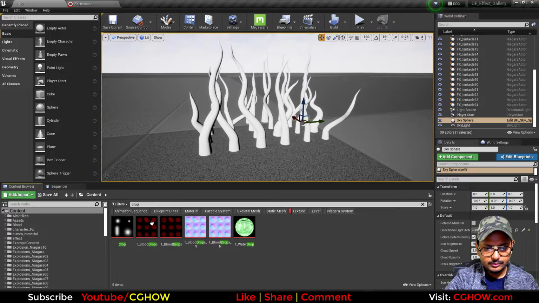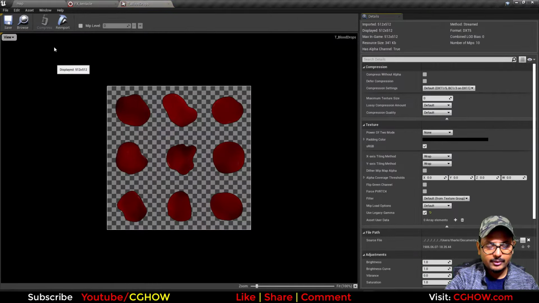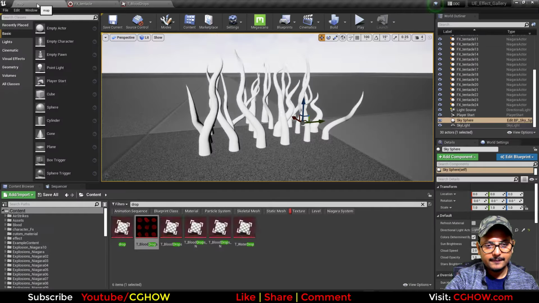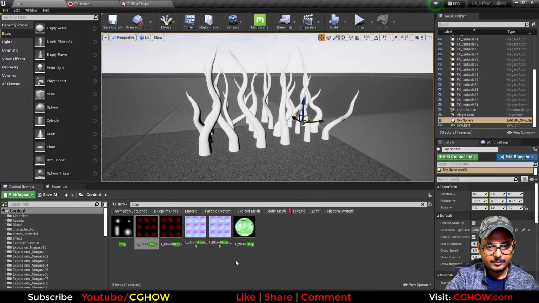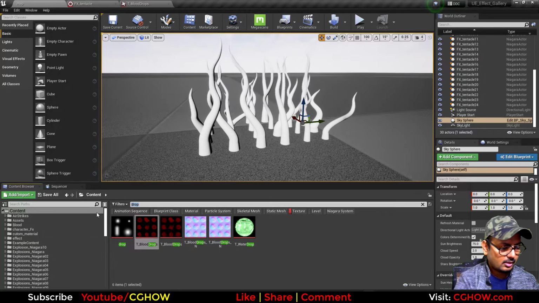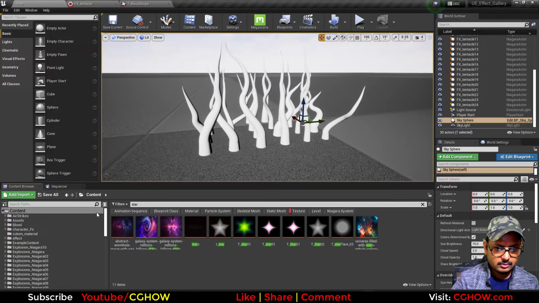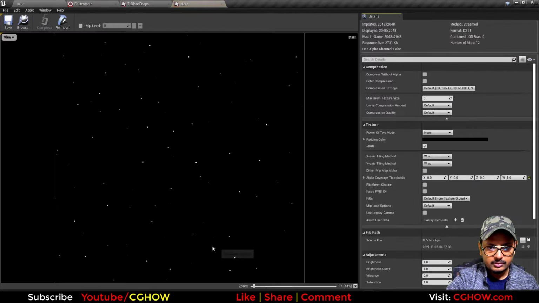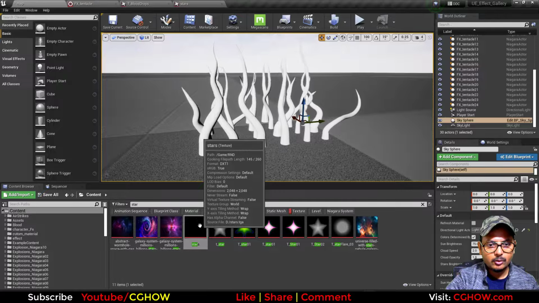Yeah, we can use this. I have this blood drop that we can use, I think, or maybe star. We can use these drops. These are very small, but we can scale. So I'll just